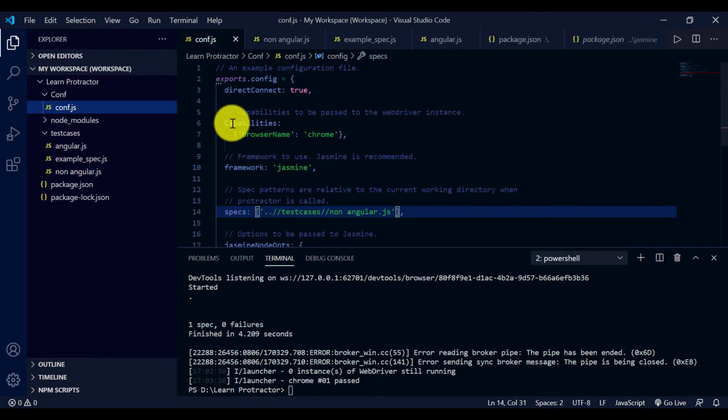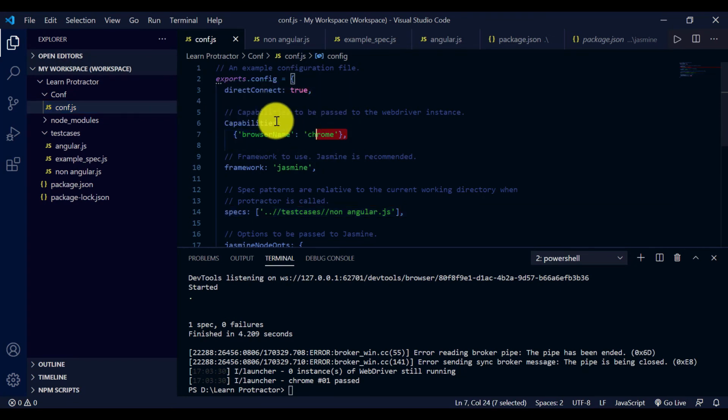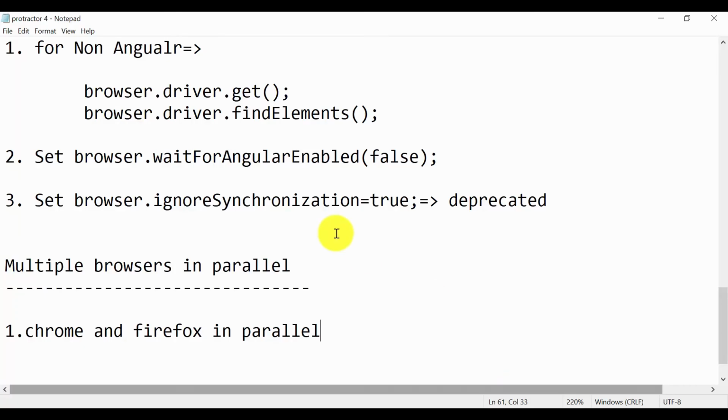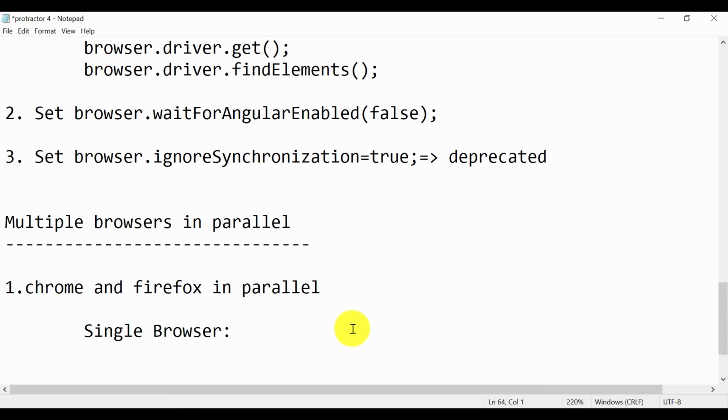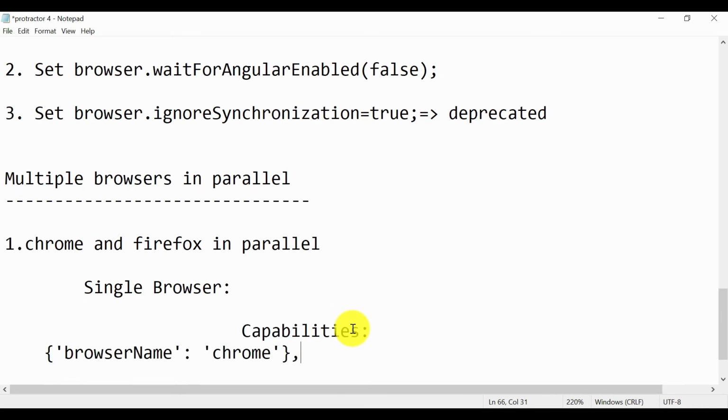Here we are using the capabilities for a single browser, right? So let me copy this first. For a single browser, we write like this.